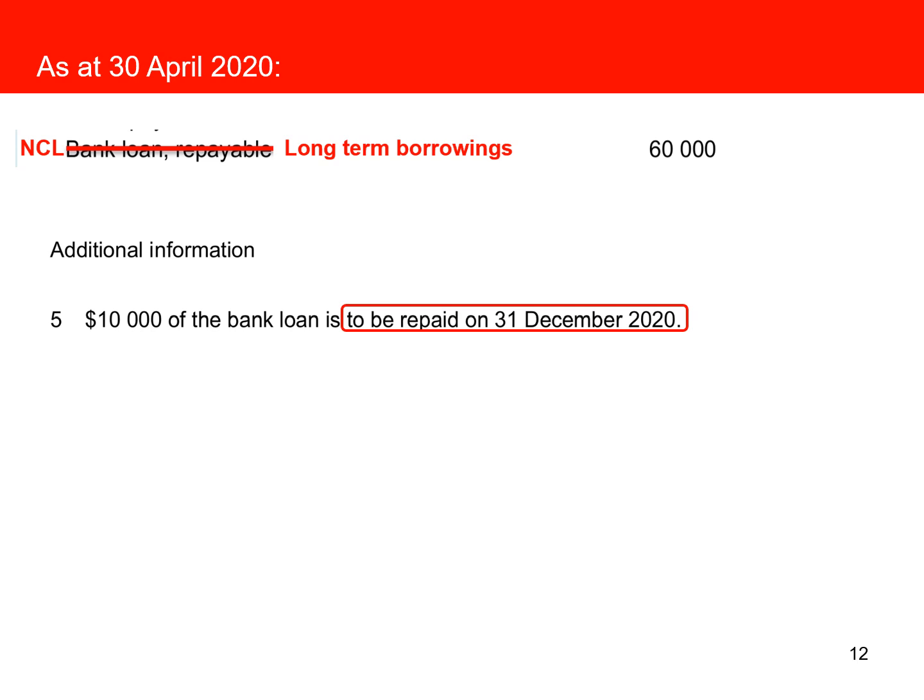So what does it mean when they tell us that they are going to pay some of the loan? You take a look. We are here. Going to pay off here. This is about 8 months. In other words, we are going to remove this 10,000 from our long-term borrowing because they are not considered